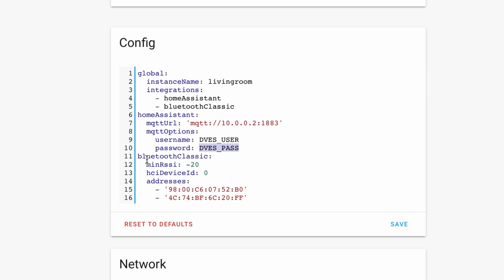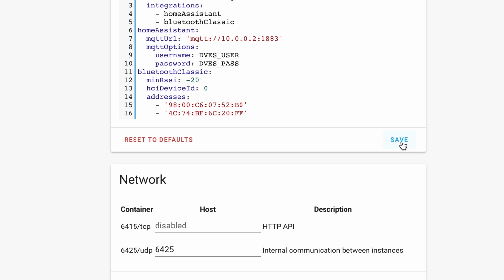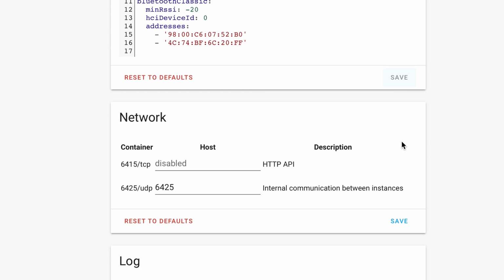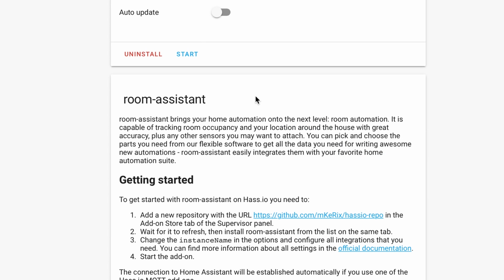Then you have to define the Bluetooth addresses of the devices that you want to track. So I'll click Save, and I'm going to click Start. Room Assistant is up and running.